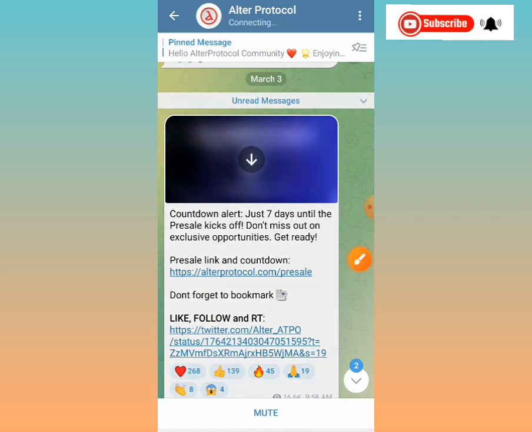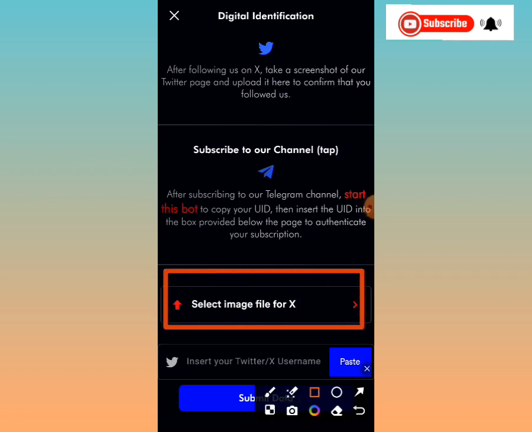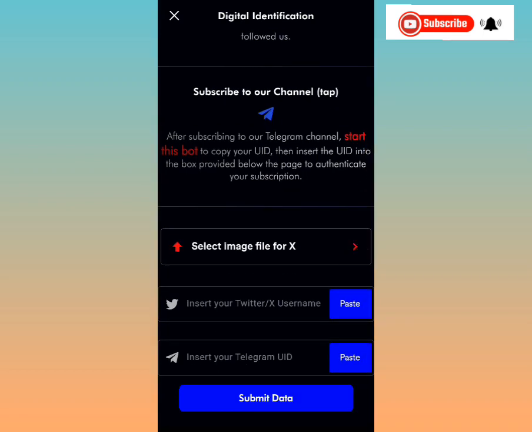Now let's go back to our app. We are done with the second step, guys. Now the next step, we'll be uploading the screenshot in this particular box here. We'll be uploading the screenshot that signifies that we've followed them on their X. You understand? That's the screenshot we took when we followed them on their X account. That's the screenshot that we'll be uploading. Now tap on this particular box and upload. And once we are done with that, the next thing you'll be inputting